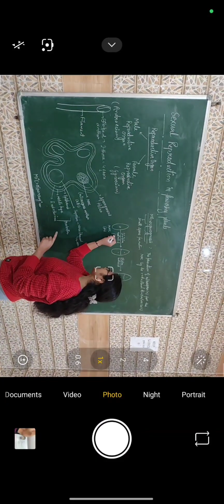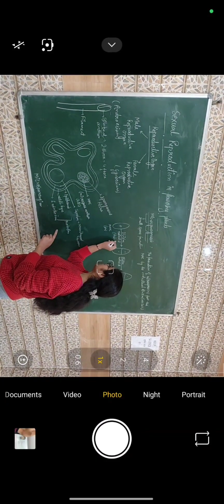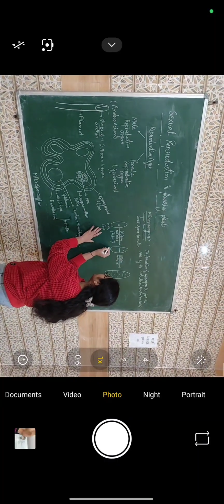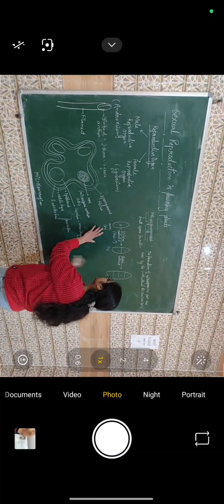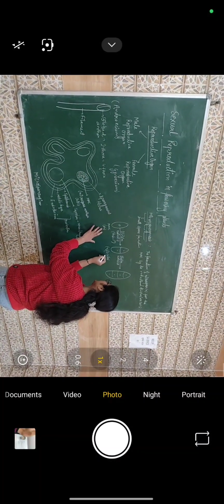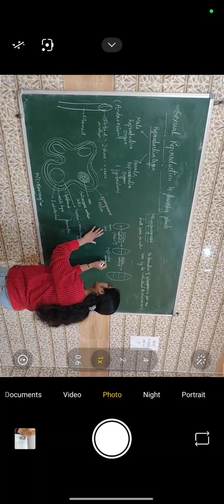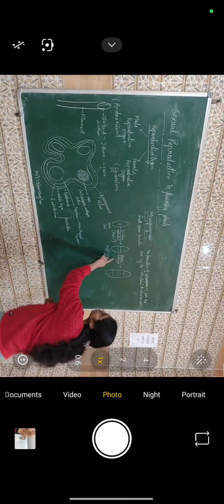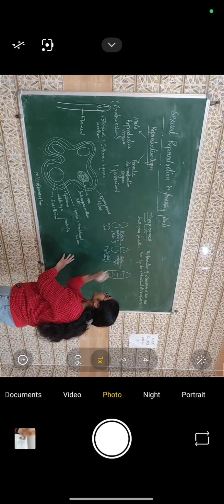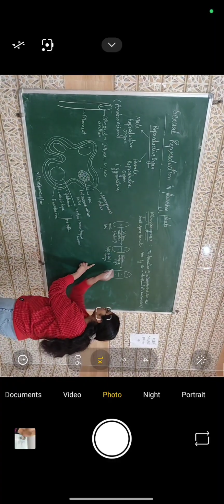Meiosis 1 is like reductional division. So basically the number of chromosomes gets halved in these cells. It is a two-cell stage and both of the cells are haploid in nature. After the second division, it is meiosis 2. Meiosis 2 is an equational division, and the equational division